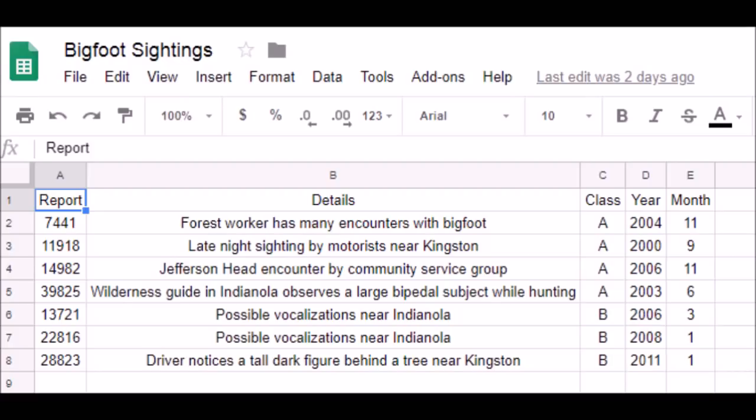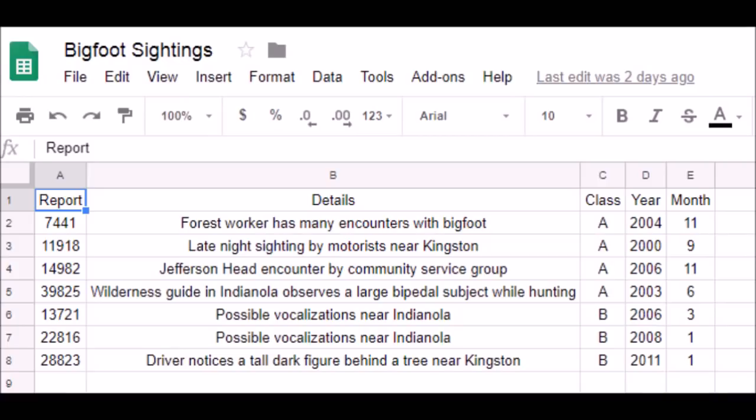So we have this forestry worker who has many encounters with Bigfoot, and it's a class A. We've got 4 class A's, 3 class B's, and a range of reported years, but not too crazy. It's not spread out over 50 years. So we've got people coming onto the database between 2000 and 2011 and saying, you know, I heard or I saw